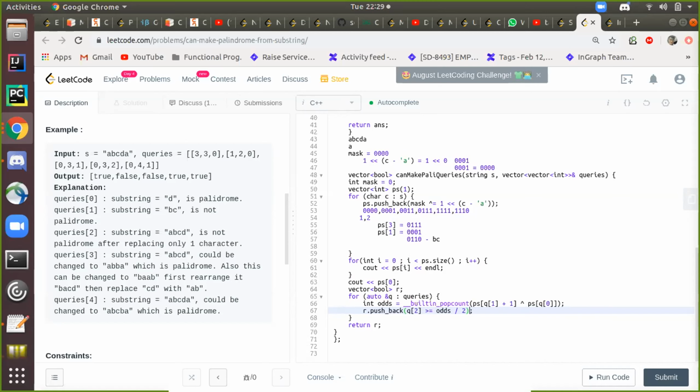Harshit, in line 53, you say the first element in this PS vector is 0, 0, 0, 0. But I don't see you directly pushing it. I can't see where you're pushing that first element. No, he initialized mask equal to 0, right? Okay, but he's not pushing it into the vector. That is pushing one left shift of t minus 0. But actually, PS is initialized to 1.